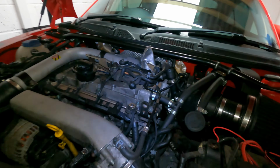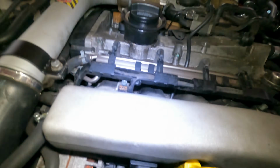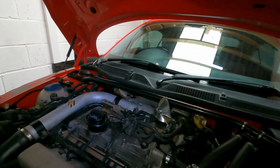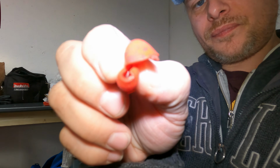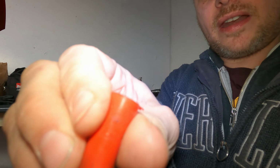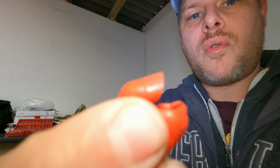So when you fit the catch can kit over here, you put a little bung under here, and that little bung has split. It's very thin and very soft. So what I've done